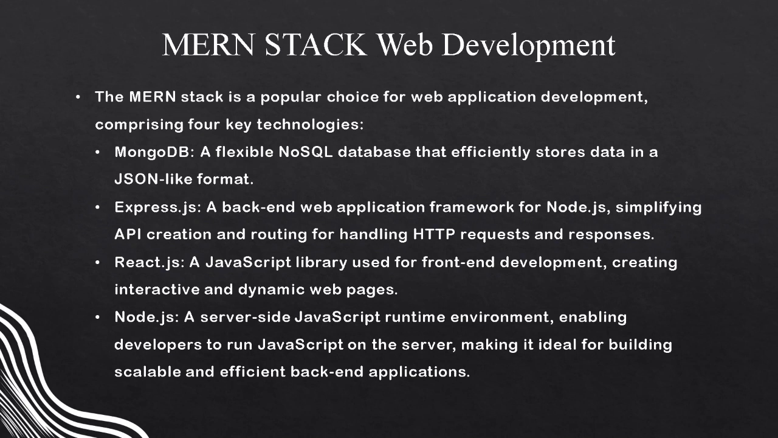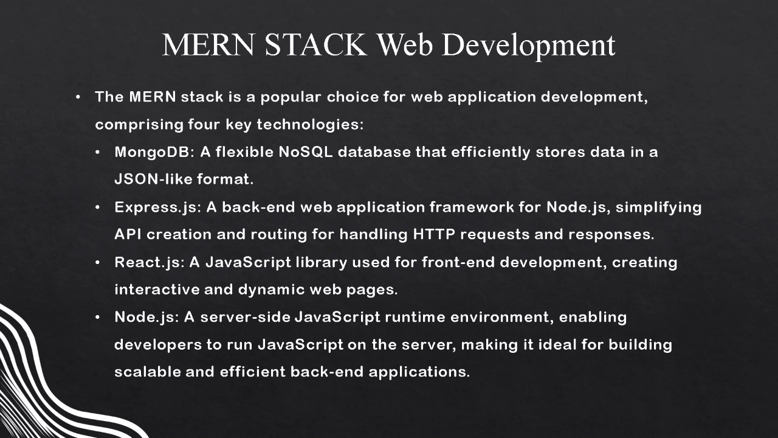MERN Stack Web Development. The MERN Stack is a popular choice for web application development, comprising four key technologies. The M in the MERN stands for MongoDB, a flexible NoSQL database that efficiently stores data in a JSON-like format. Now, E stands for Express.js, a backend web application framework for Node.js, simplifying API creation and routing for handling HTTP